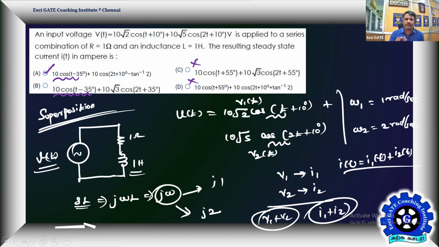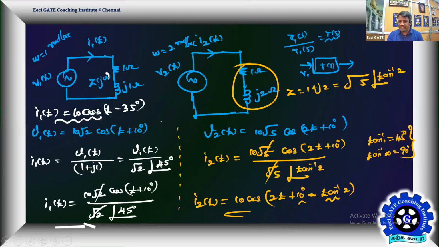It's a simple AC circuit problem involving a resistor and inductor, but interestingly, the input source has two frequency components. You have to immediately imagine going by superposition: enable the sources one by one and get the responses. Some problems are already connected to superposition in the same paper. Get I1 individually, I2 individually, and add them. So the correct answer is this one we are expecting. It didn't trouble us, expecting tan inverse of 2. That's a good problem.